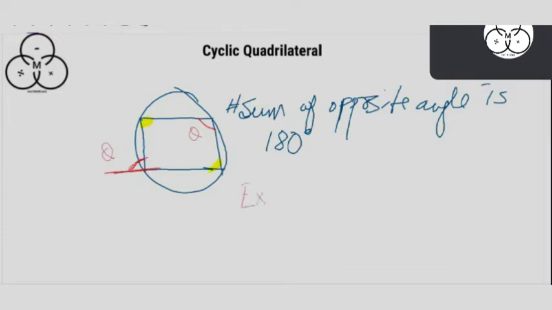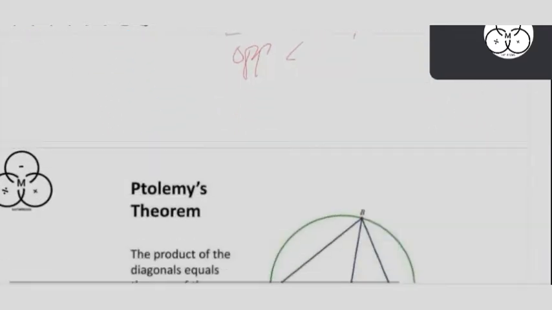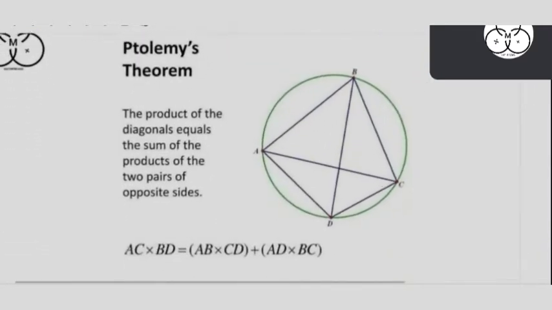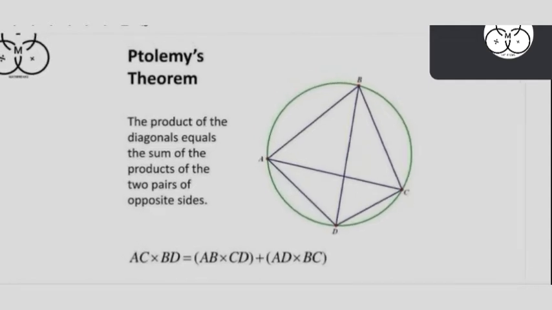Exterior angle is equal to interior opposite angle. This is all about cyclic quadrilateral. A very interesting theorem, which is valid only for cyclic quadrilateral,